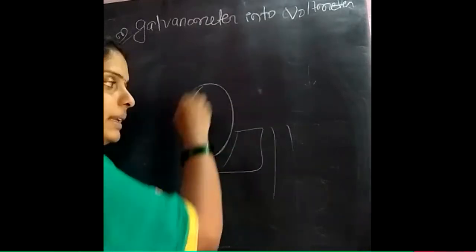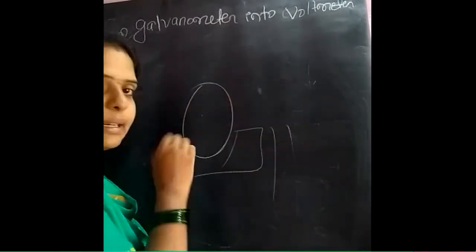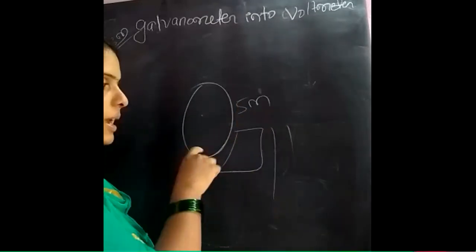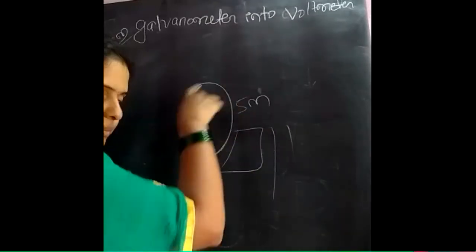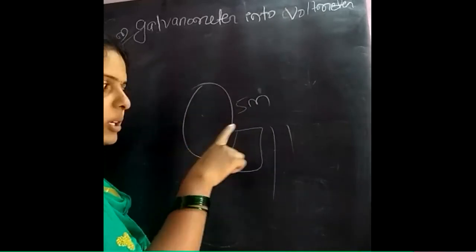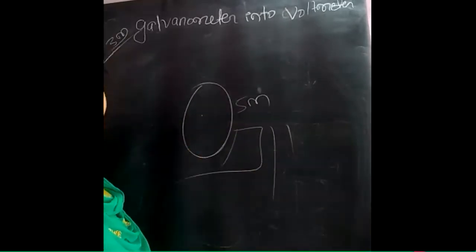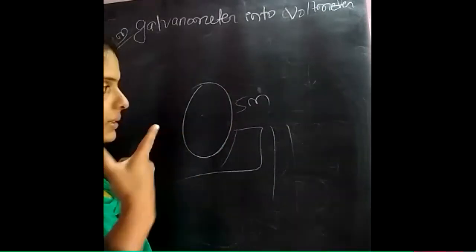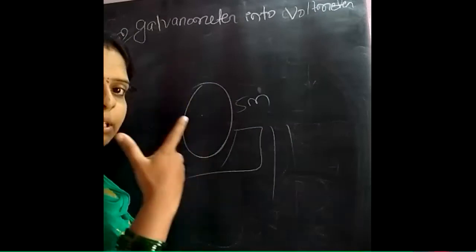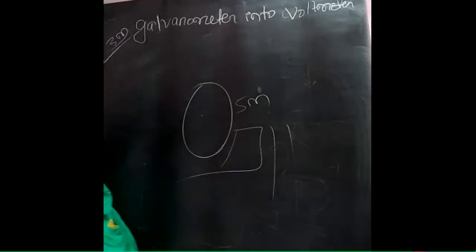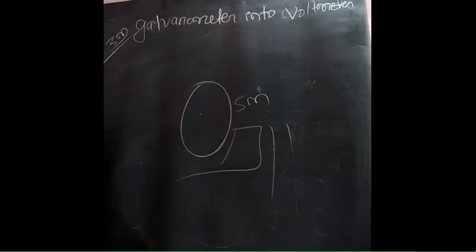So this current carrying loop and these parallel conductors are important for 5 marks. Listen carefully. The 5 mark important derivations are, one, the current carrying loop by using the Biot-Savart law, and the other one is parallel conductors. Other than that, the torque expression, the Biot-Savart law, the conversion of a galvanometer into a voltmeter, and the conversion of a galvanometer into an ammeter, these are 3 mark derivations.